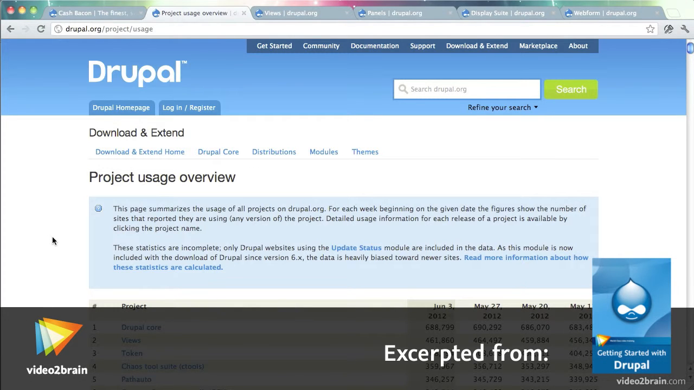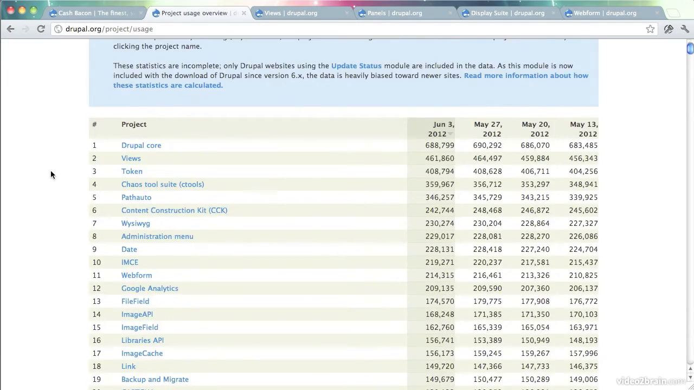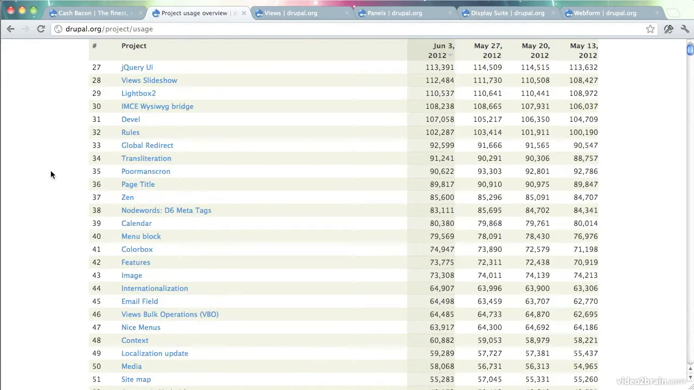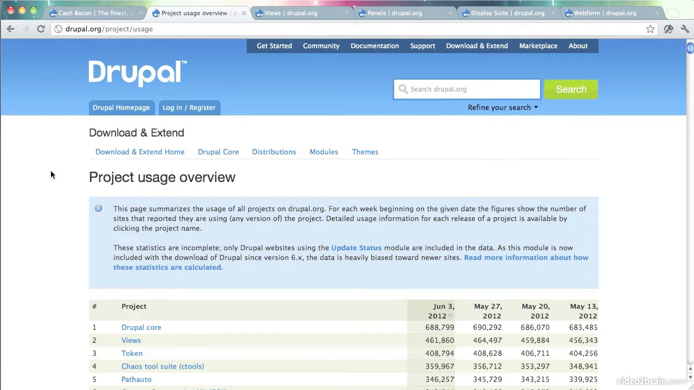In this video, we're going to take a brief look at some of the other popular modules that are available. So if you go to drupal.org/project/usage, you can see a long list of Drupal's projects. These are modules and themes, and you can see, according to the update manager, which ones are